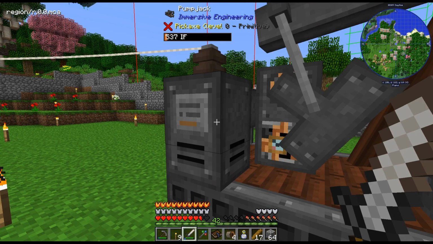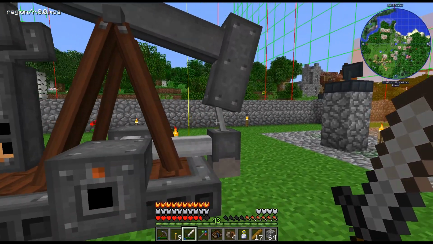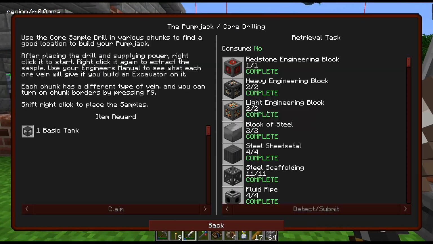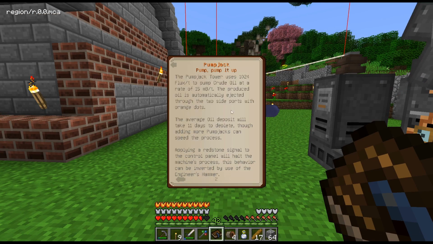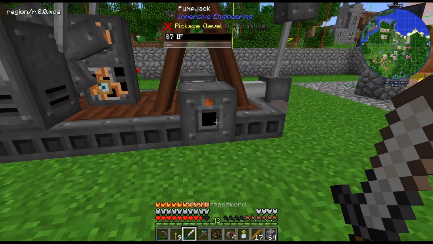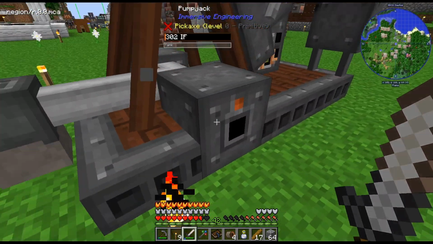It is slowly pumping, as we can see. It's not getting enough power. That's why it looks kind of glitchy. I think it uses like 1,000 RF per tick or something like that. I read somewhere or something. Yeah, 1,000. Well, we're not producing anywhere near enough. But if we can just get a little bit of oil is kind of what...